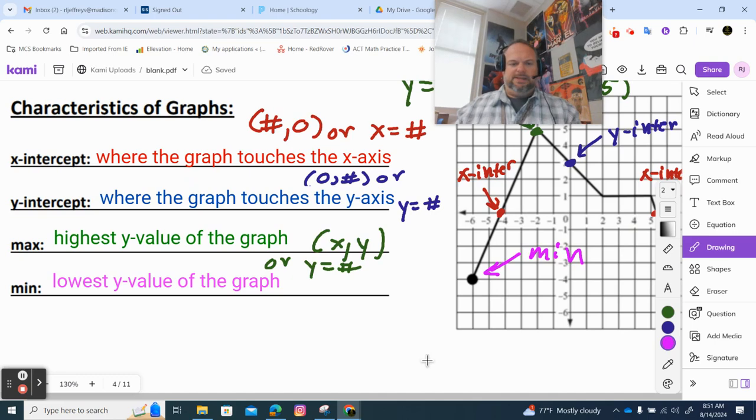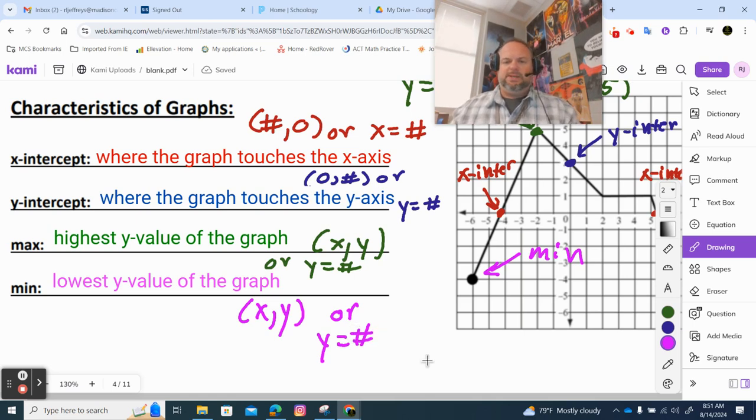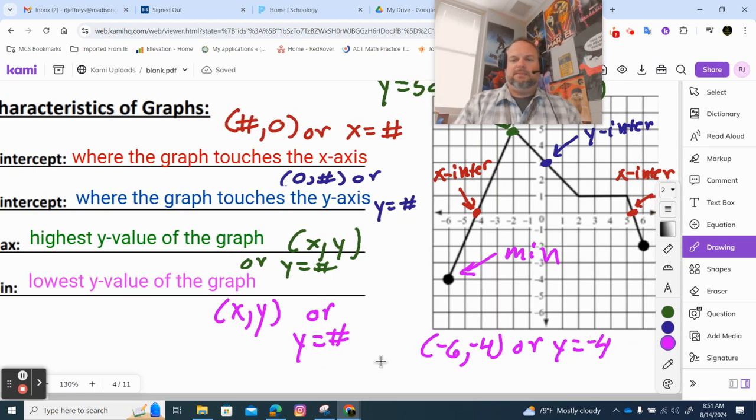And it would be, again, x, y, or y equals that number. Okay, like this one would be -6, -4, or y equals -4. Okay,